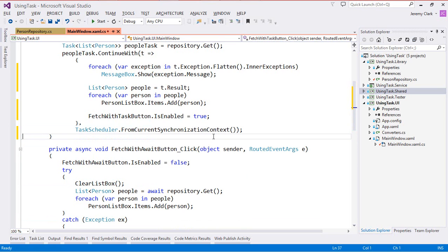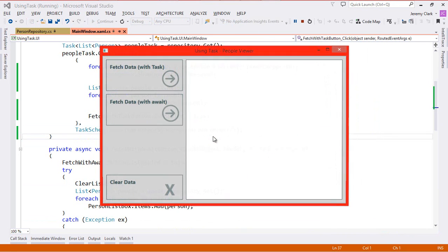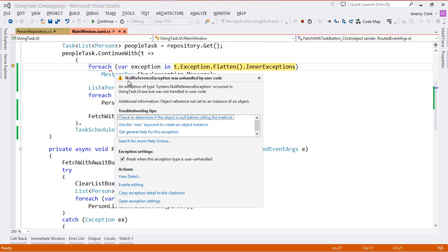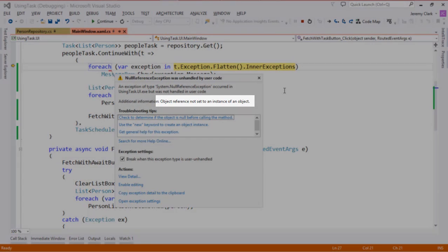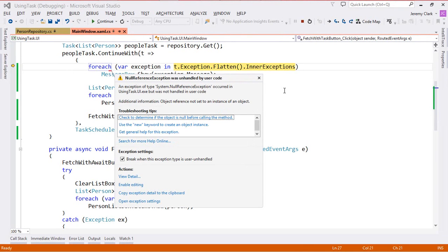Now, I don't necessarily expect this code to run as is, but let's go ahead and just run it to see what happens. So I'll click on the Fetch Data with Task button. We'll wait our 3 seconds. And then we see that we get an exception. And notice the message, object reference not set to an instance of an object. That's because we're trying to access the exception property of our task, but since our task didn't throw any exceptions,